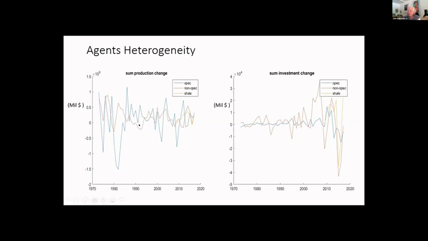But obviously what you pick up here is the huge swings. Here's a low price. And then you've got shale coming in. I know it's a little hard to see there with the yellow. And if you look over here, so this is production, and look at the investment changes. Look at the non-OPEC investment changes. So again, this is 60, 70% of the world production. Look at the huge swings. So how do they make those decisions into what's going on?